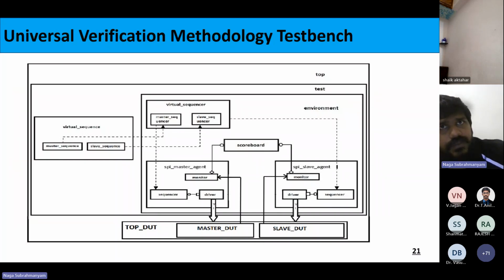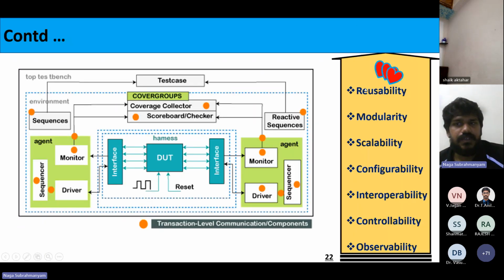We will change the signals, generate some values for those signals in the environment, and send the data to the design. The environment won't change, so we can reuse this environment for any kind of design. Only the signal level will change. Now, modularity means you can modulate this to different aspects. If you don't want a particular class, you can remove it just by disabling it.